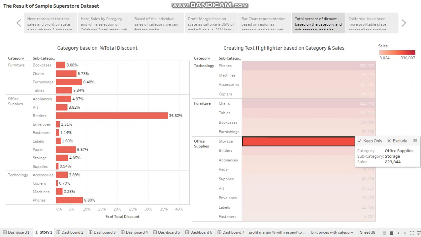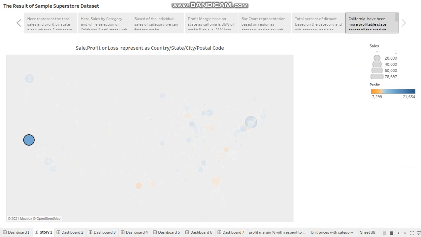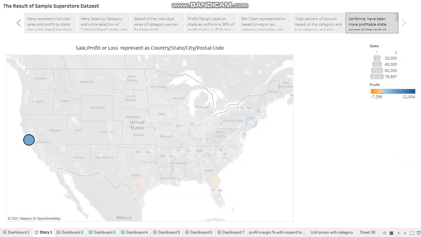So like this, we have the representation of data based on the sales. And at the last, we have to represent the particular states based on the profit and loss, in which area, which country, the states have loss and profit. We have to show this with a geographical map. So we have to see that in California